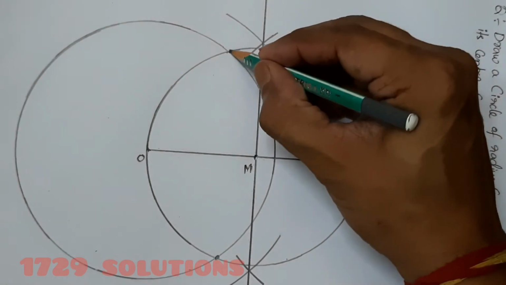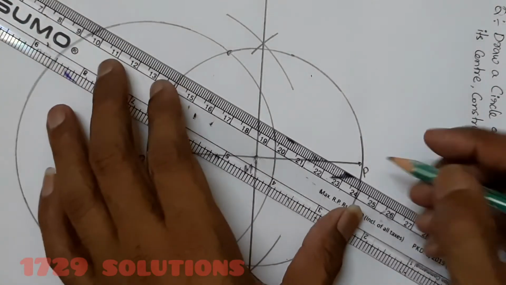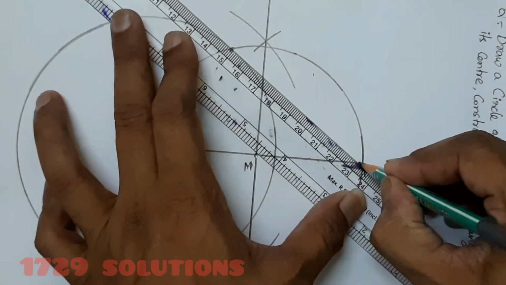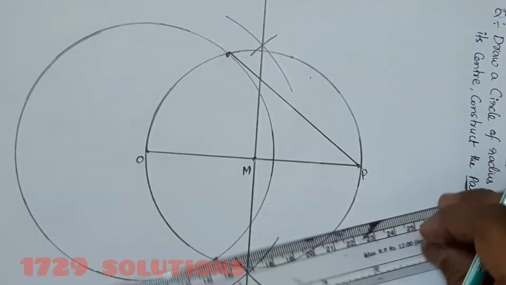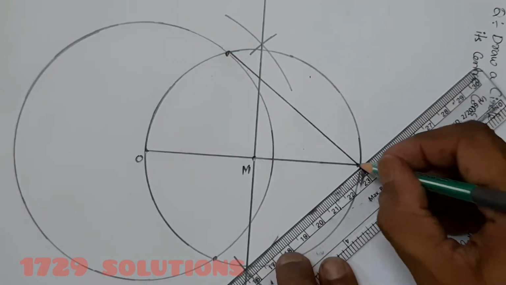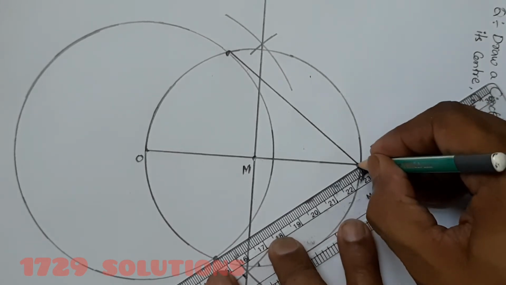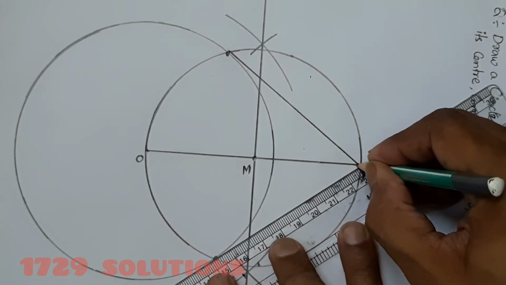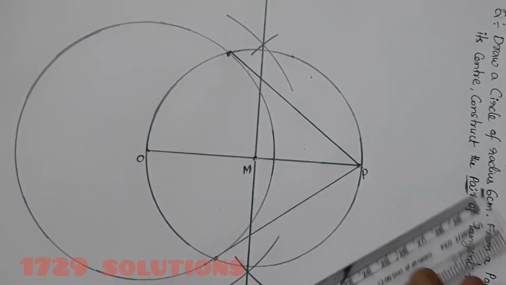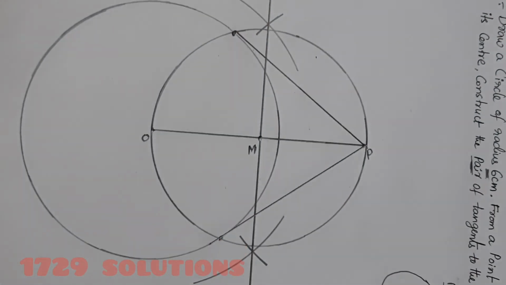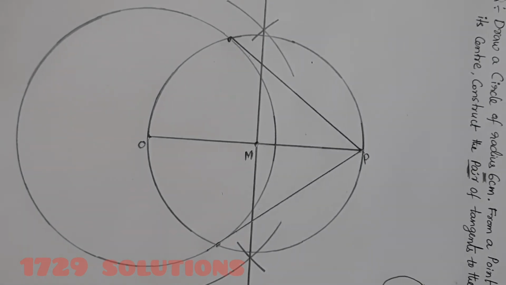Now after drawing the circle, it will intersect the previous circle at two different places. So I marked the two different places and I joined them. Then clearly these two line segments are called tangents. Very simple construction. So make the names of the two tangents at the points on the old circle. So this is the construction of tangents.